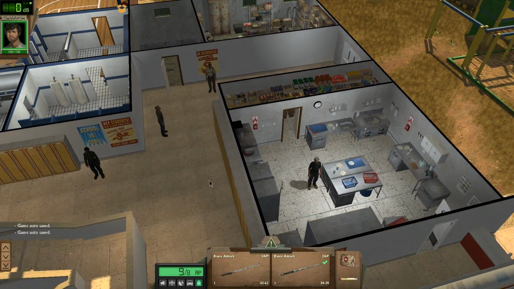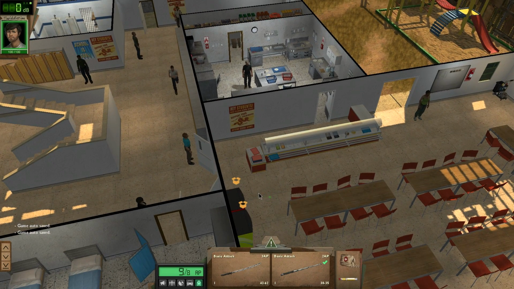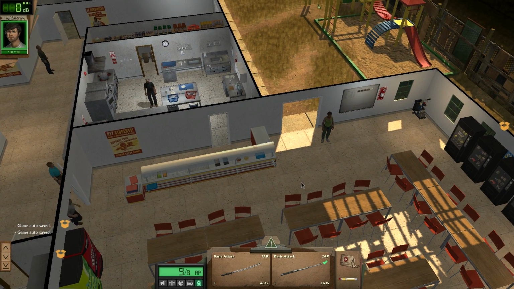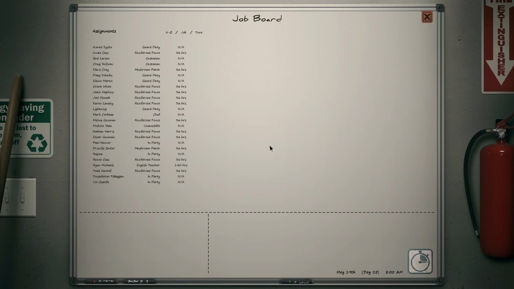I may also want to put somebody on crafting arrows for us for the next day, because we may want to take piercing with us when we go to fight the Coyotes. We don't know what kind of armor they have, and thus far piercing has kind of been the silver bullet, or the silver arrow, I guess, for all of our issues. So with the reinforced fence being where it is,